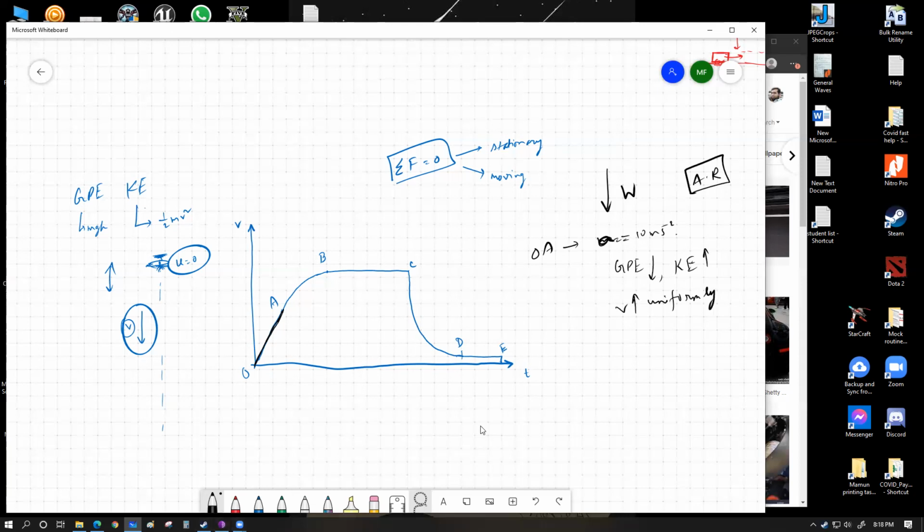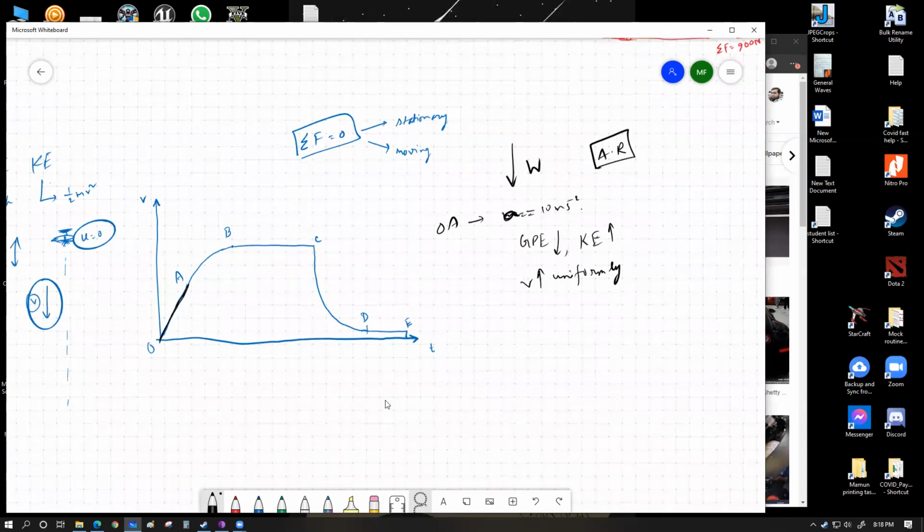What is happening at AB? Within the AB segment, the person is still falling, but we have a decreasing gradient graph, which means the downward acceleration is now decreasing and eventually reaches 0. At B point, the graph is starting to become horizontal, representing that from point B, the downward acceleration became 0, which means the person now achieved a state of dynamic equilibrium. If the person is falling through air at a pretty high speed, this is the value of that speed,